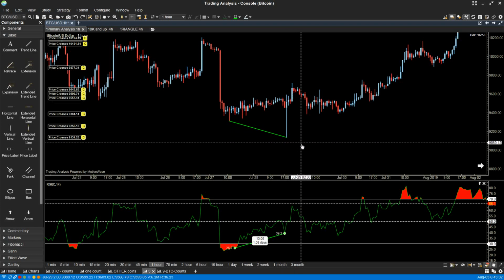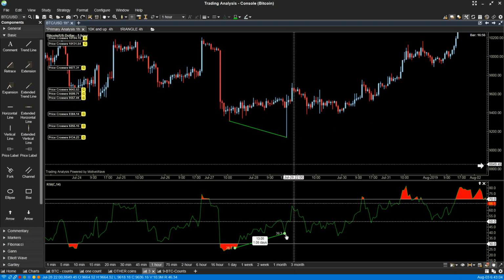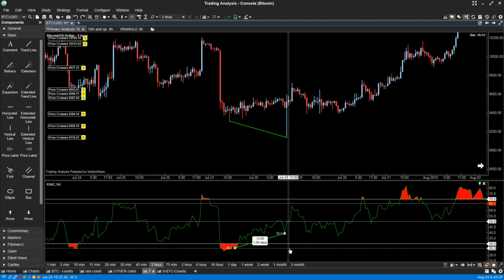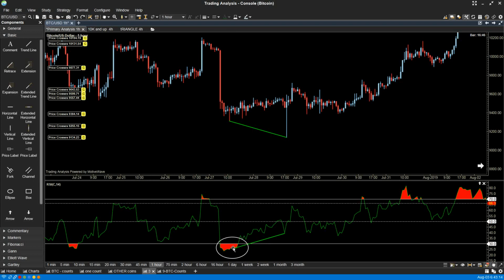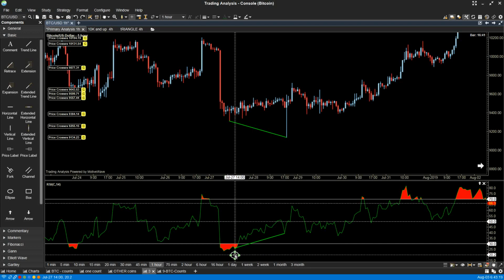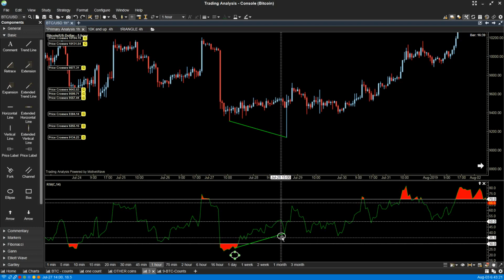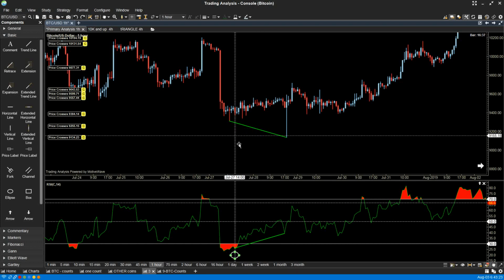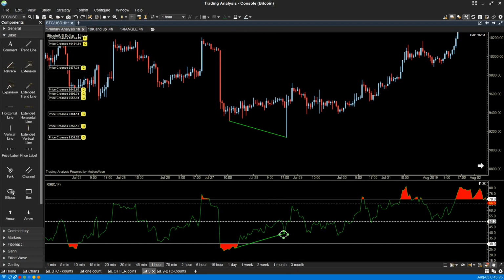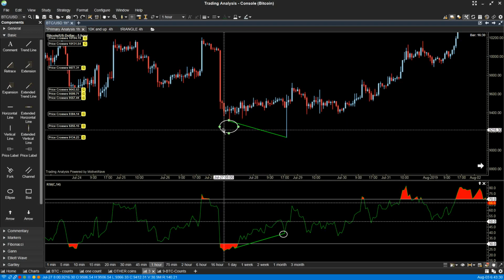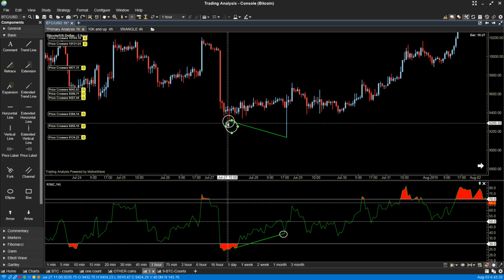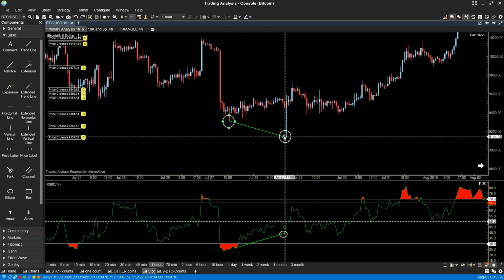If the market really wanted to continue and go down, they have to go down in price right here, and in RSI they have to go down right here, and they have to take out this pivot right here, this tiny one right here. The market needs to take it out. The market is challenging this pivot by this pivot, which is the same thing in the price. You have to always watch the price and the RSI together, or whatever indicator that you use. So this pivot and this pivot,